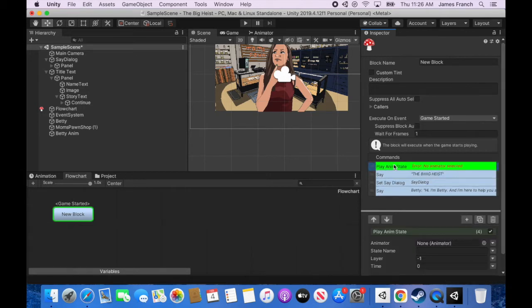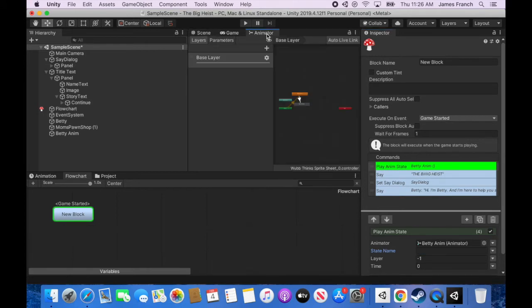So here at the beginning, I do not want Betty to be talking, so I'm going to drag in the object that I animated. In this instance, it's called Betty Anim, and I am going to select the name of the animation state that I want her to perform at any given moment. And as you can see, I've got two animation states, Betty Talks and Betty Thinks. And Betty Thinks is the one where her mouth doesn't move, so I'm going to type in Betty Thinks,